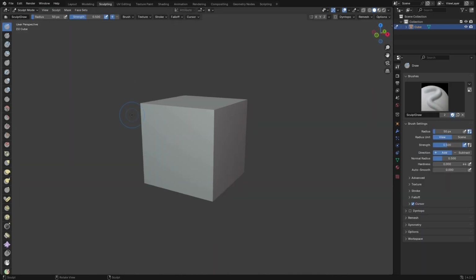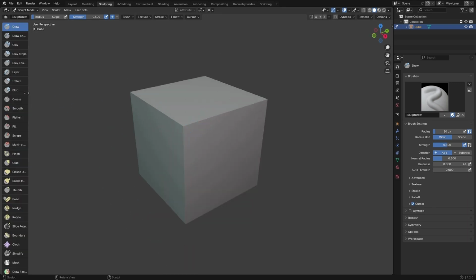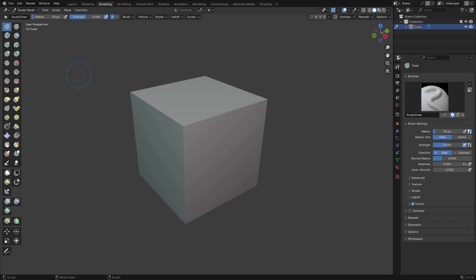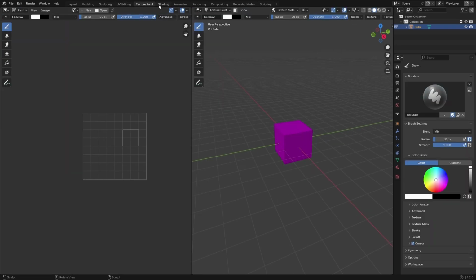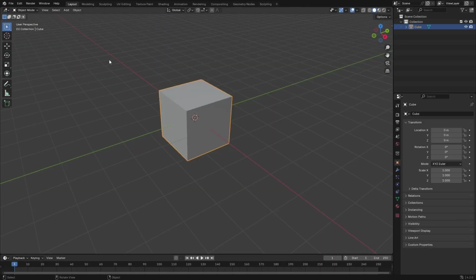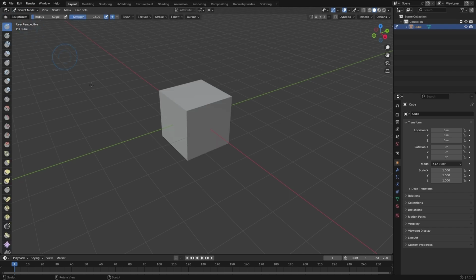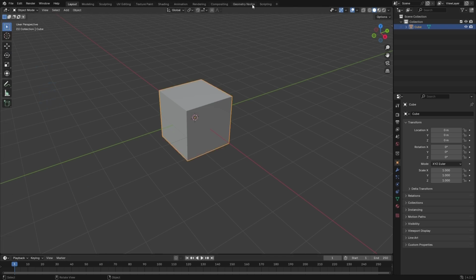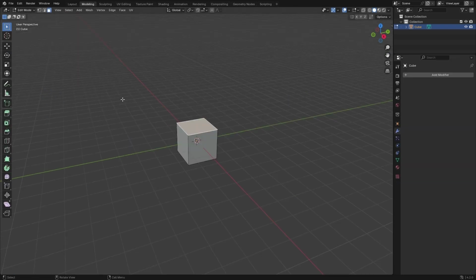So next to that we have the sculpt mode. Just like the editing, it put our mesh into sculpt with all the good stuff right here. Properties for your brush and all the brushes, and also some settings right here. And similar to that, we have UV and shading and other stuff. But it doesn't mean you can't sculpt right here. If you go to the mode menu and switch to edit mode, you can edit right here in the layout, or go to sculpt mode and sculpt right here with the timeline down here. So those are here to make your life a little bit easier and to have access to all the needed